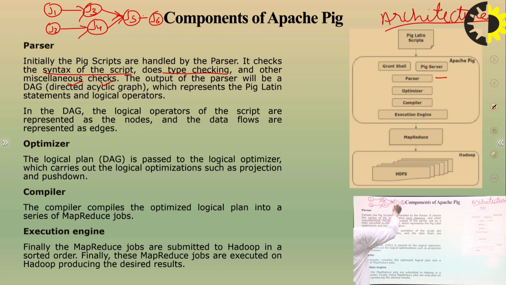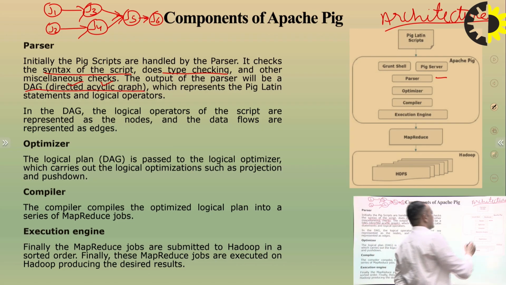So this will be a directed graph and not having any cycle. We have job 1, job 2, job 3, job 4, job 5, job 6. So this is a flow, or we can say it's a logical plan of execution of scripts. We can understand this with the help of this example. So a directed acyclic graph,